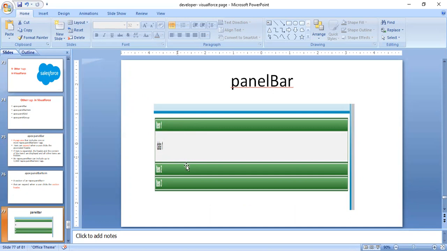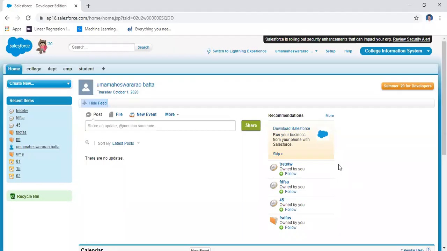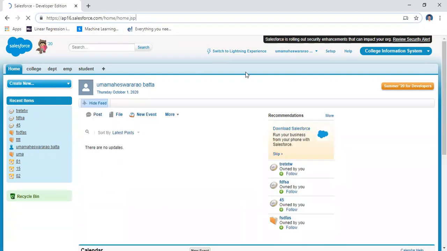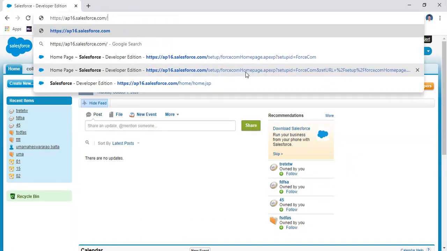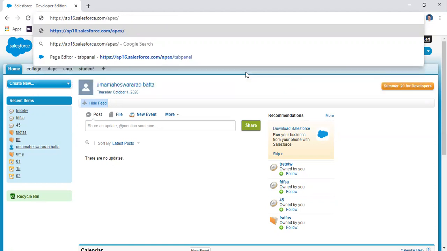Now we will discuss this practically by using login.salesforce.com. Go to our web page. If you go to login.salesforce.com, the page appears like this. For the panel bar, I'm going to create a new page. How can you create the new page? I'm using the inline editor. Here apex slash, I'm writing the name of the page, for example,